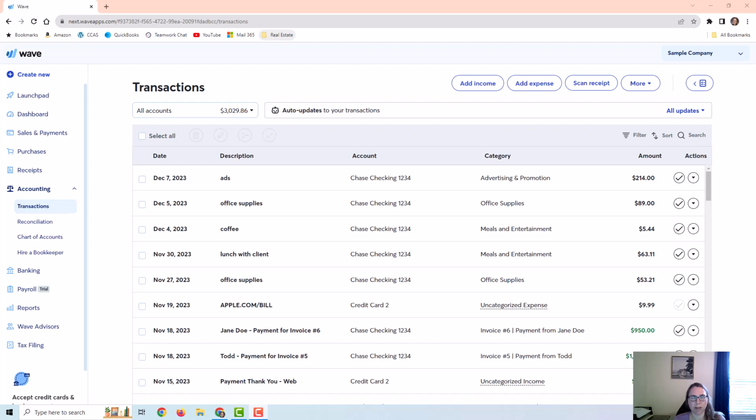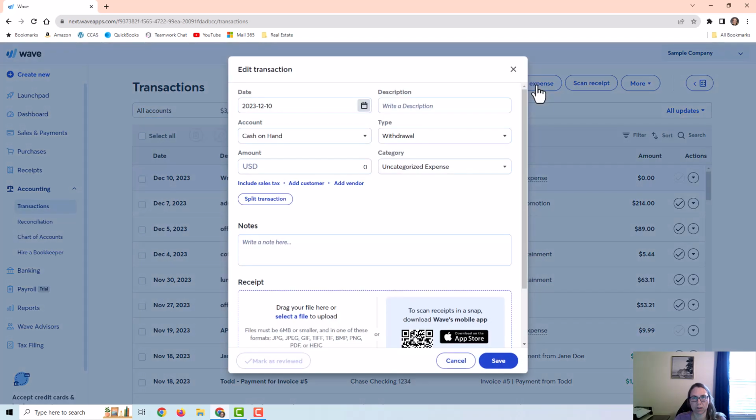Basically, in Wave Apps, there are just two main ways you can do this. You can add a journal entry, which is up here under More, Add Journal Transaction, or you can directly add an expense. So we're going to directly add an expense first and see how that looks. You would put in whatever details you would want to put,